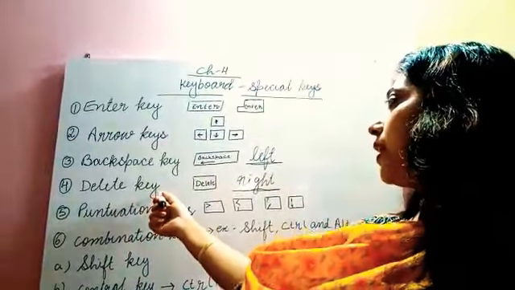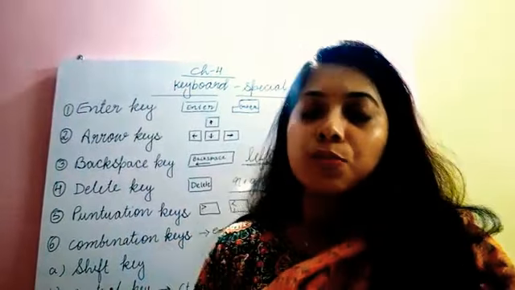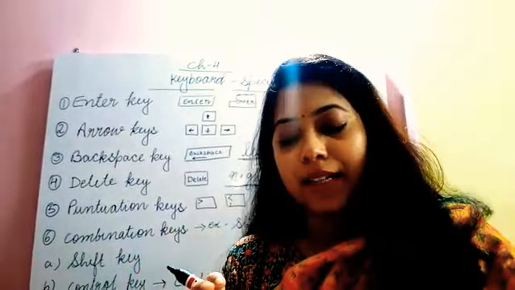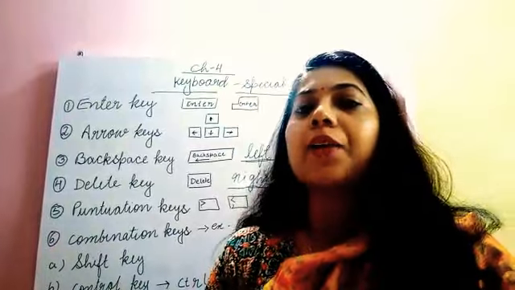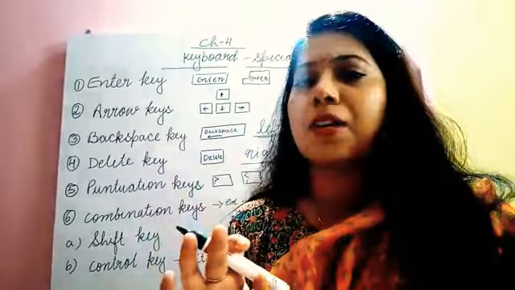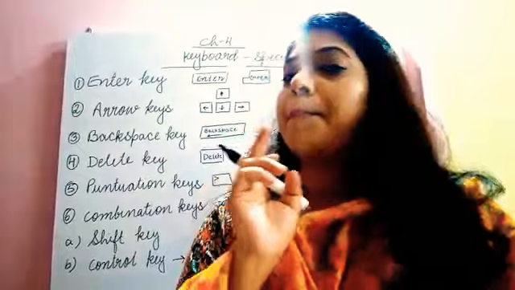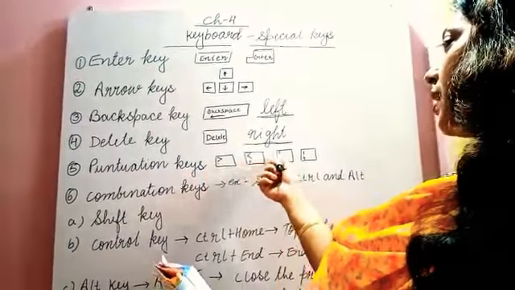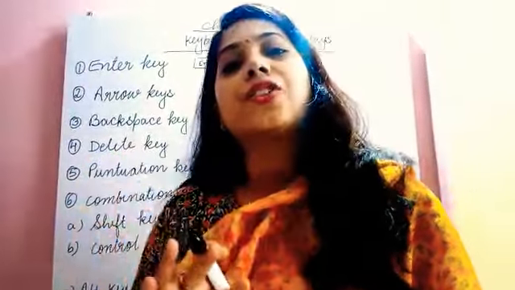Now after the delete key, let's come to the punctuation key. What are punctuation marks, students? Punctuation marks are special symbols that are used while writing a paragraph or a sentence. These symbols bring clarity in language. For example, if you want a full stop, question mark, exclamation mark, comma, any punctuation mark, you can get it with the help of which key? The punctuation key. Can you see the punctuation marks? These are the punctuation keys: full stop, comma, question mark, exclamation mark.